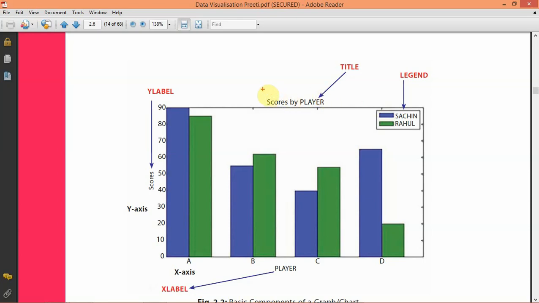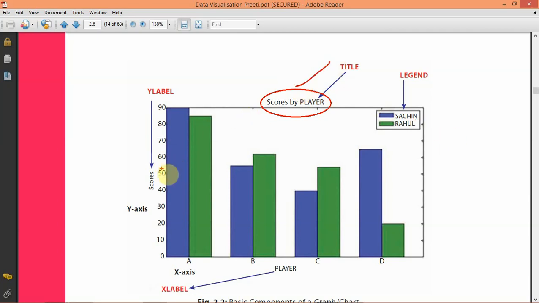So every graph has what? Every graph has one title, that is called title of the graph. Like every book has one title: physics, chemistry, Hindi, English, all books will have one title. So every graph will have one title.